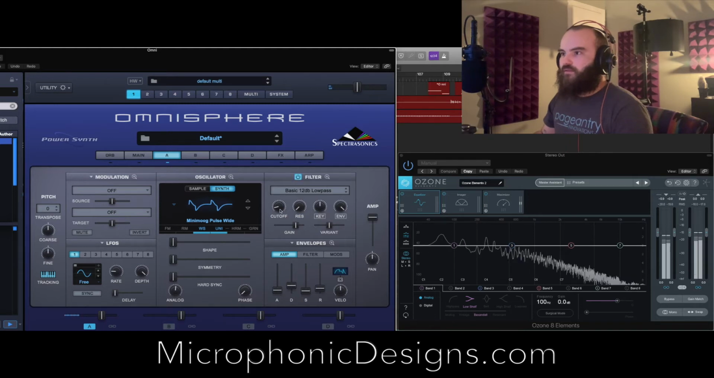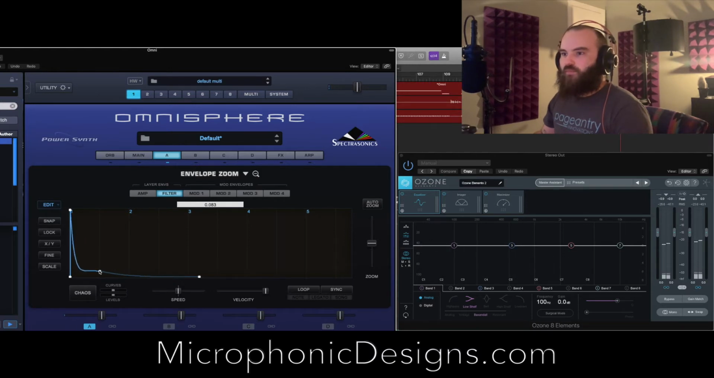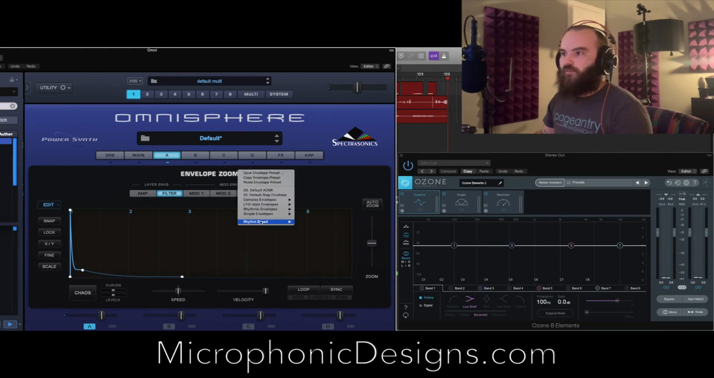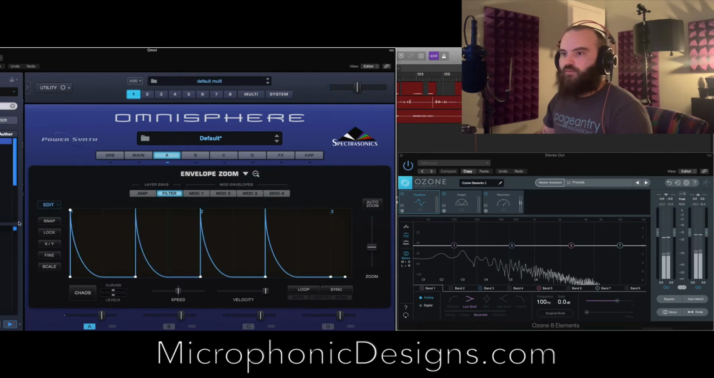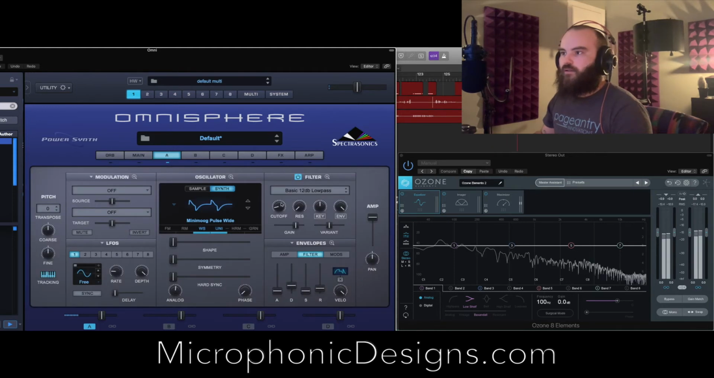Let's add in this filter, and now we need to go into the filter envelope. And this should be pretty quick. And I bet I want to put 8th note spike, but we need to make this also double time and also loop this. And now